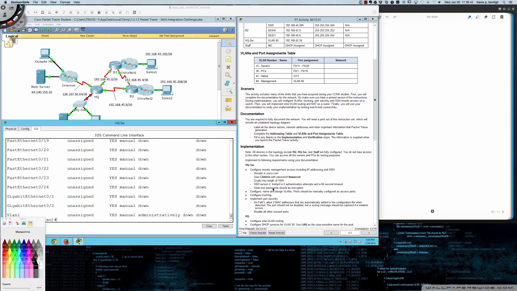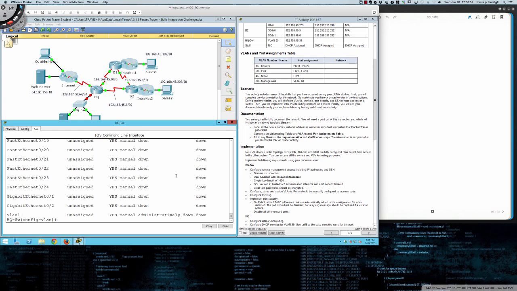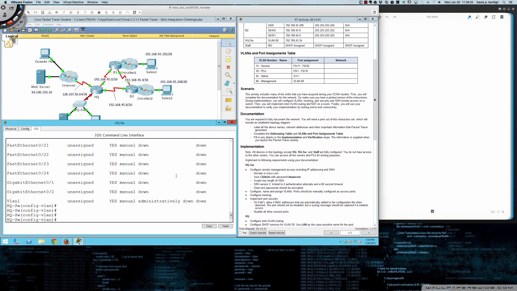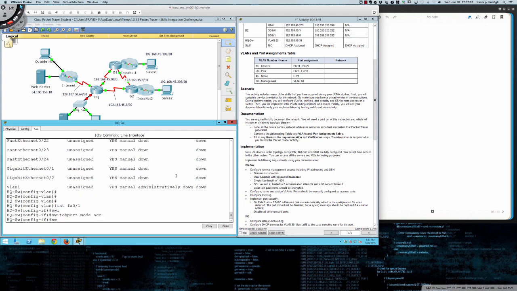So we'll come back down here: name VLANs. Ports should be manually configured as access ports. So here's what I'm going to say. Let's go ahead and do the access port configuration right now. I'm going to say interface Fa0/1, switchport mode access, and then switchport access vlan, and that's going to be VLAN 30